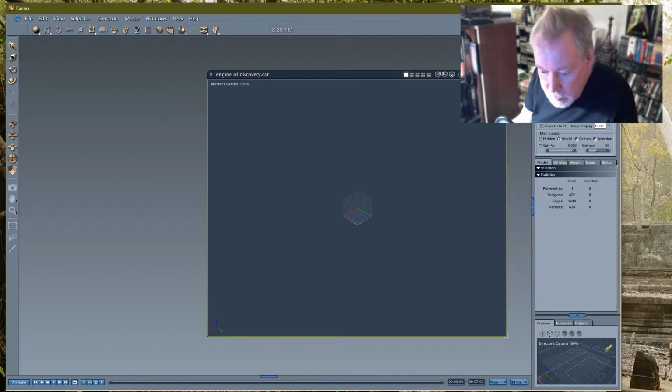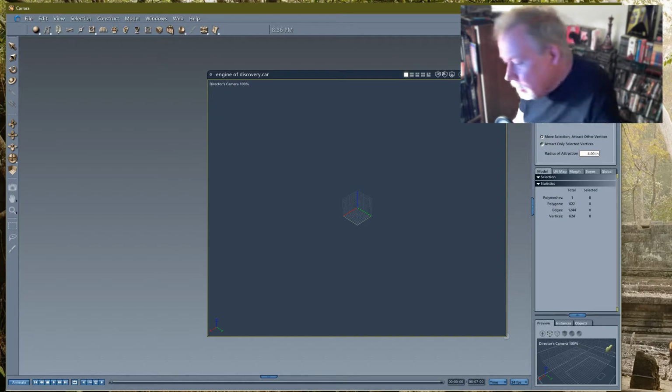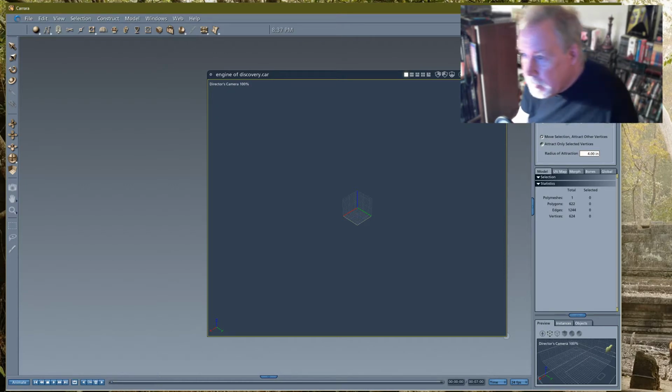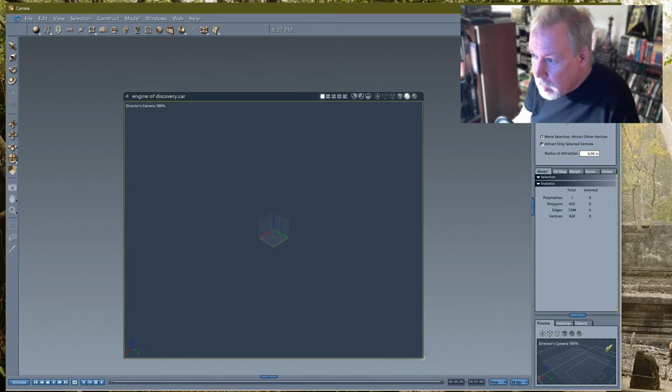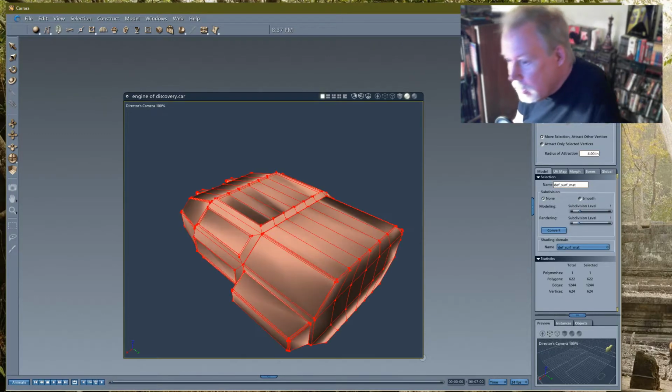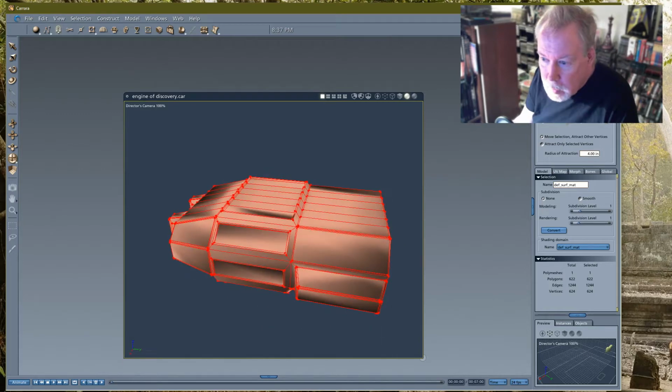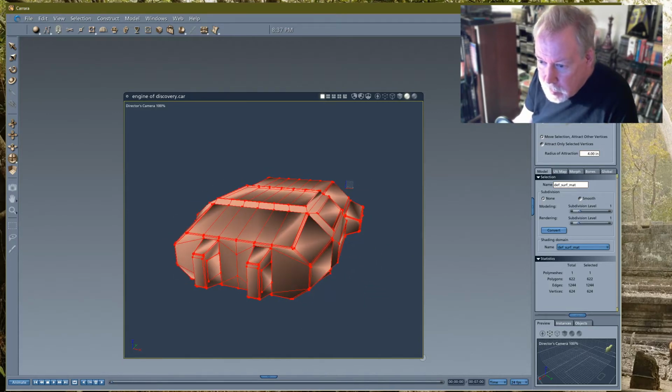Let's see. Let's bring it in here. Select all the stuff. Where are you? Try again. I thought I did that. Did I do shift? No, control A. Shift A, control A. There we go. What does shift A do? Anything?